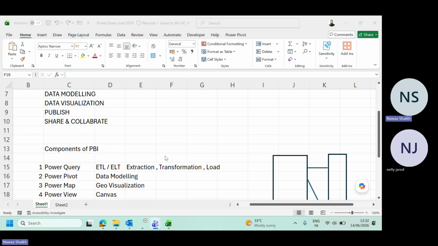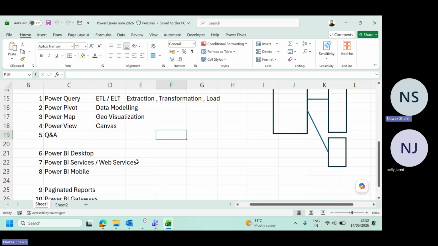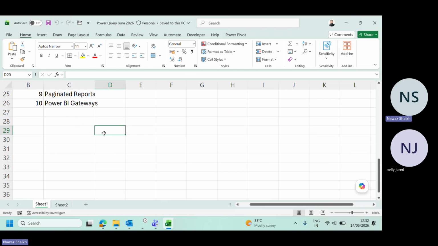So as I said, when we are talking about Excel versions, we have two types of